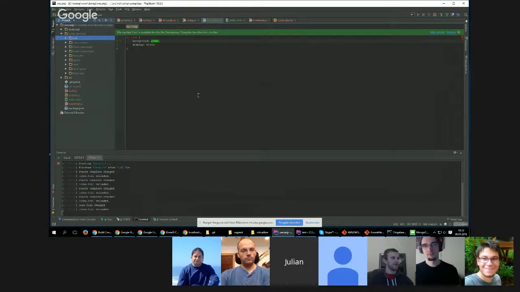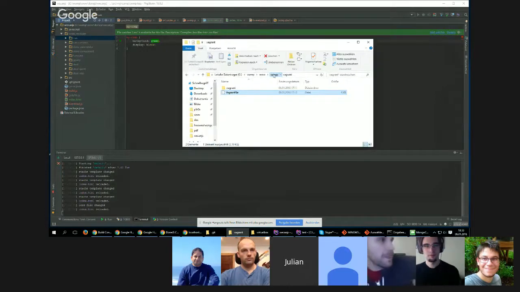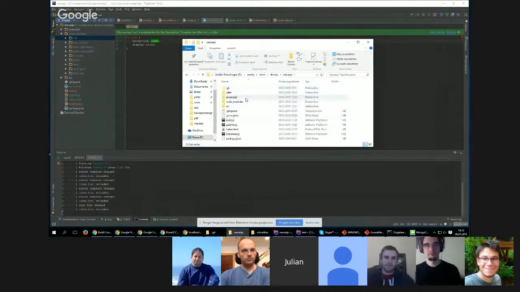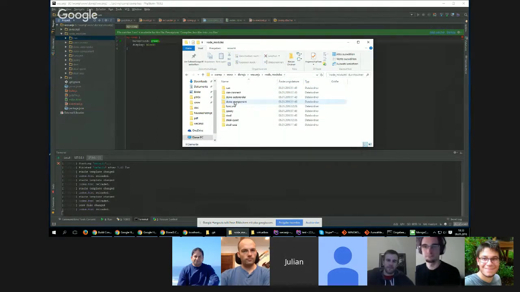So I can't install this module locally, because I have full access to this folder. It's synchronizing with each other. So this is the same folder as in the guest machine. So the problem is